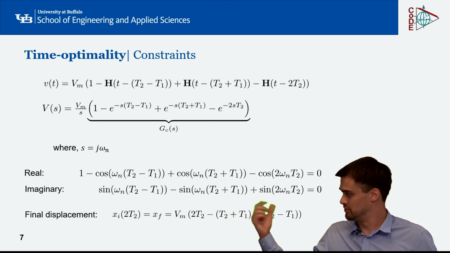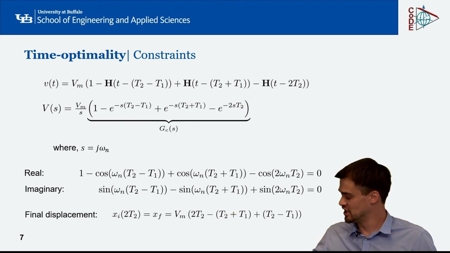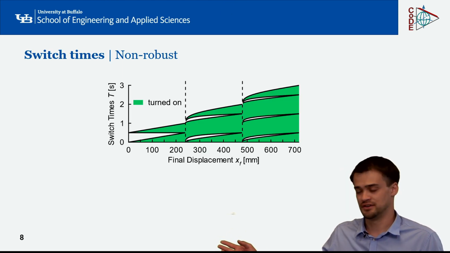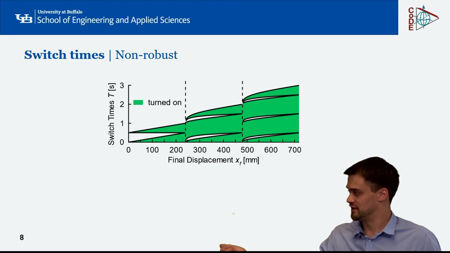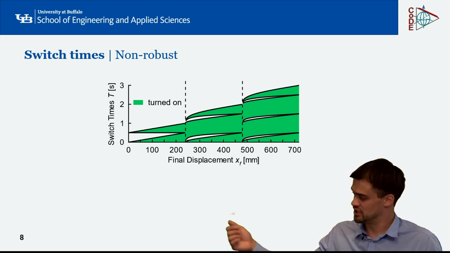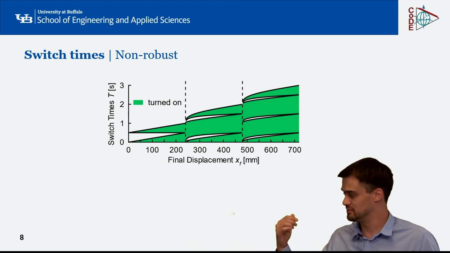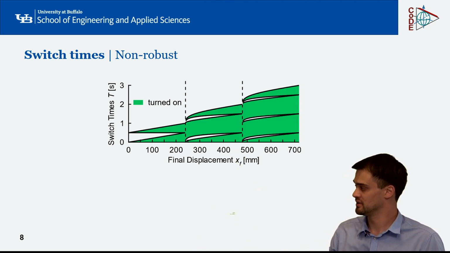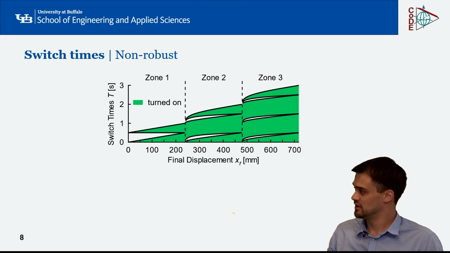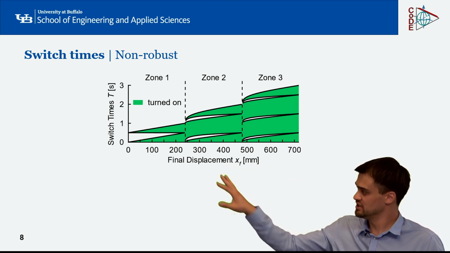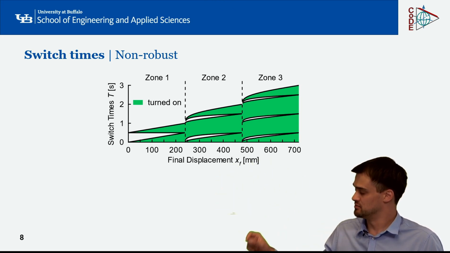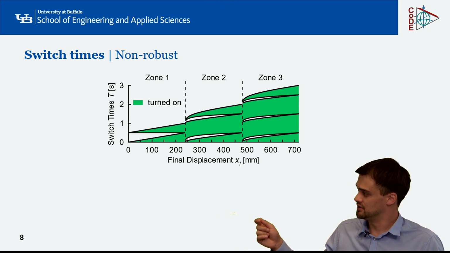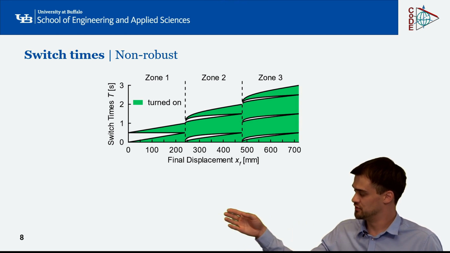Remember, they result from a combination of t1 and t2 when I'm changing the final position xf. This can be seen to my right, where I'm plotting on the horizontal axis the final displacement in millimeters, changing it from 0 to 720 millimeters, and on the vertical axis the switch times in seconds. We can identify 3 different zones. The green area shows that the motor is fully turned on and the trolley is moving at the full velocity